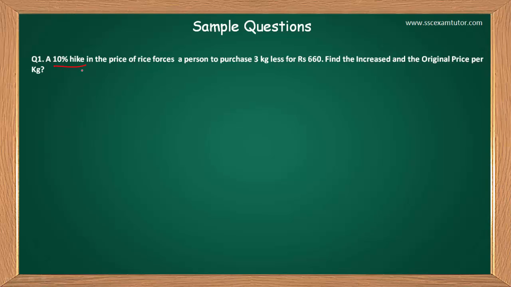है दाम का बढ़ जाना। तो 10% दाम बढ़ जाने से कोई कस्टमर 3 किलो कम ख़रीद पा रहा है 660 रुपये में, तो आपको उसका बढ़ा हुआ दाम और ओरिजिनल दाम निकालना है। तो यहाँ पे भी मेथड सेम ही है जैसा कि हमने पिछले क्वेश्चन में किया था। पहले 1 केजी का दाम निकाला, तो 3 केजी का दाम यहाँ 660 था, तो 1 केजी का दाम 660/3 दैट इज़ 220 हो जाएगा।